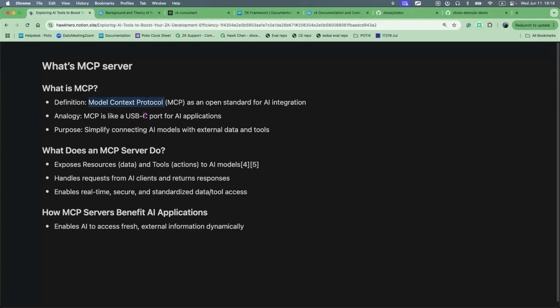Because an AI application or AI agent only uses text, but there are some resources that cannot easily be used with text. So with an MCP server, the AI can get some resources through this MCP protocol. It will simplify connecting AI models with external data or tools. For example, like ZK source code, maybe it doesn't know where to get it or where to get the ZK documents. So